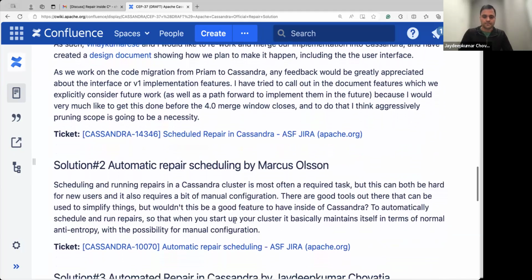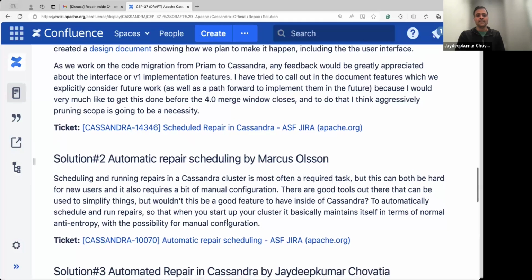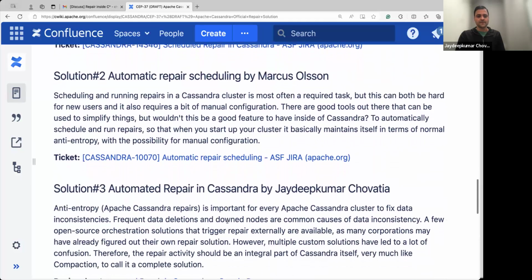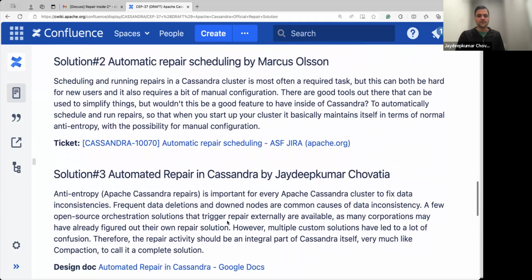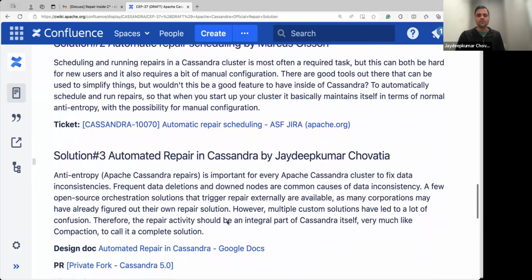This was probably proposed long back in 2014 or 2015 timeframe, which also very much talks about the repair solution inside the Cassandra, without any control plane dependency. And the third one is basically a repair solution, which I will talk a little bit more about in this